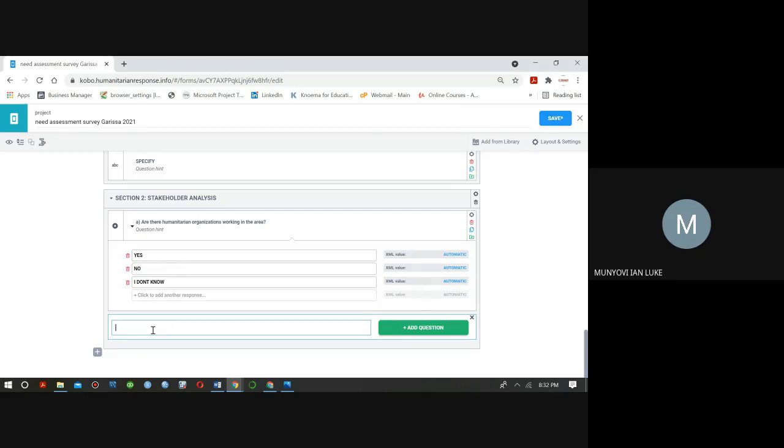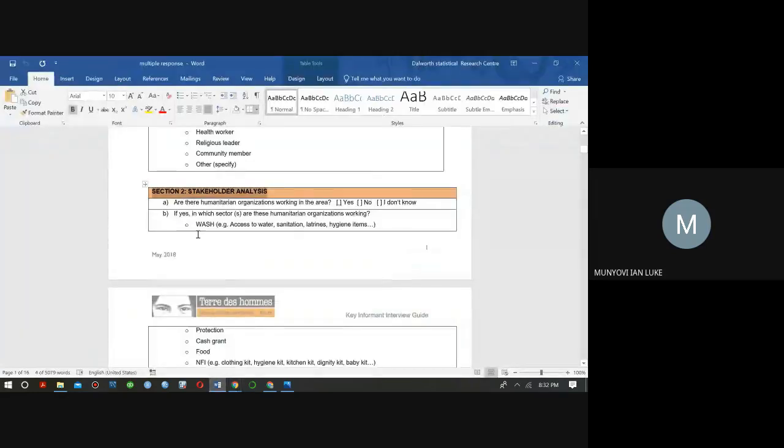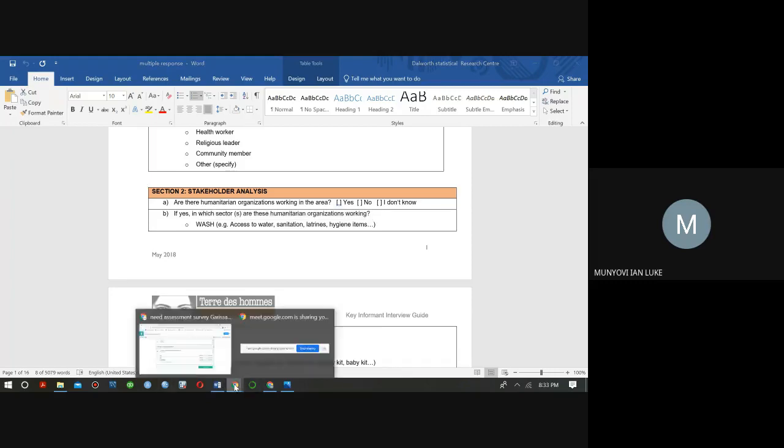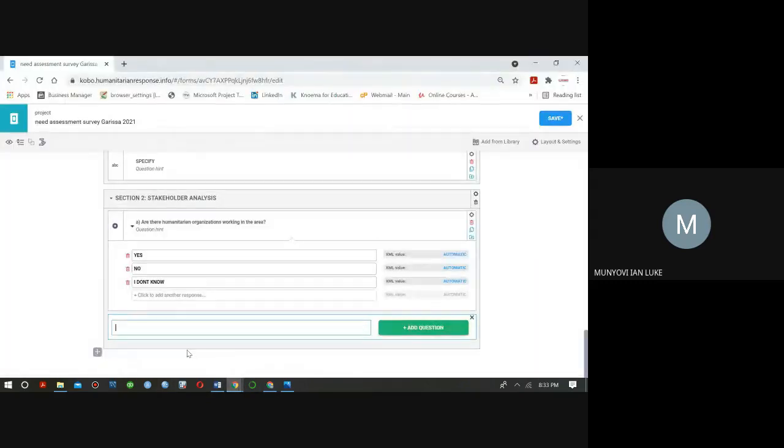That part of if, the software will be doing that for you. So what you'll just do is copy which sector are these humanitarian organizations. Just copy from which sector. This will ensure coherence in even what that research assistant will be reading. I'll paste that.